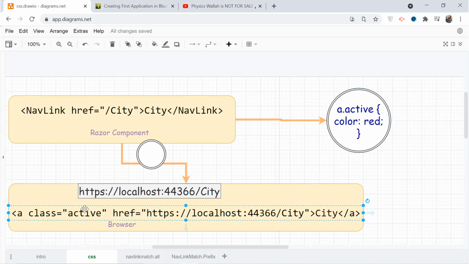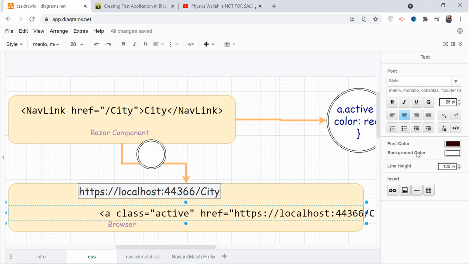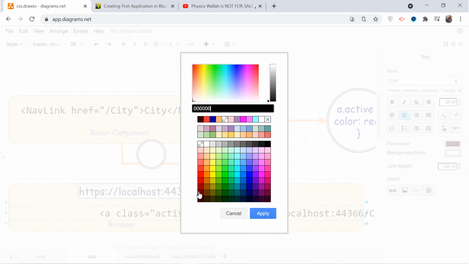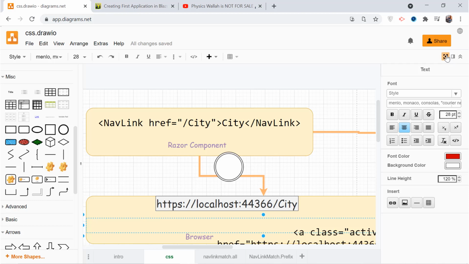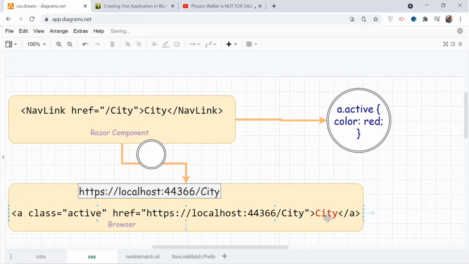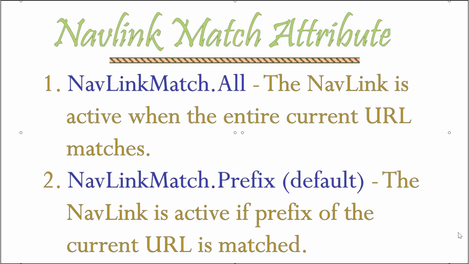The active class is already applied to this anchor tag, and you get the color red here. By applying this CSS, the text color becomes red. In this way the NavLink component is very helpful.